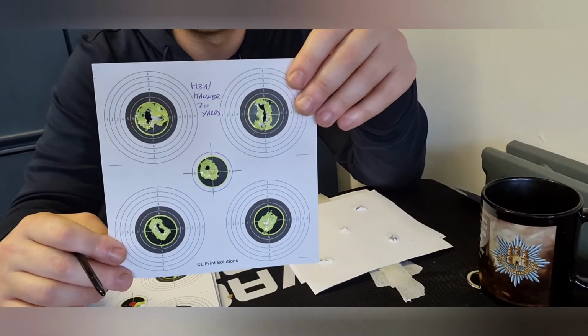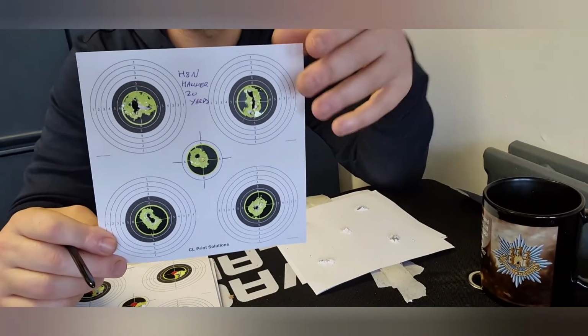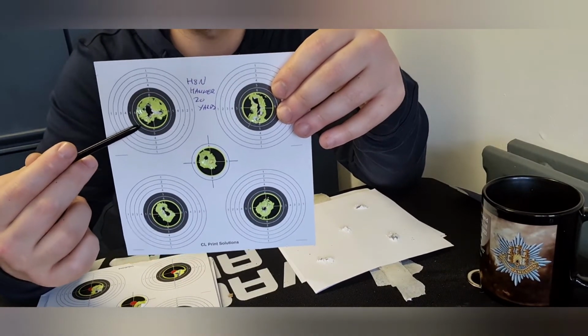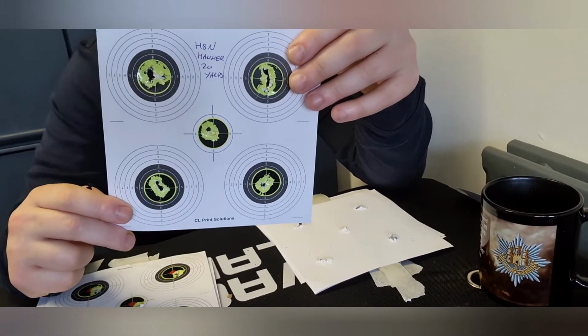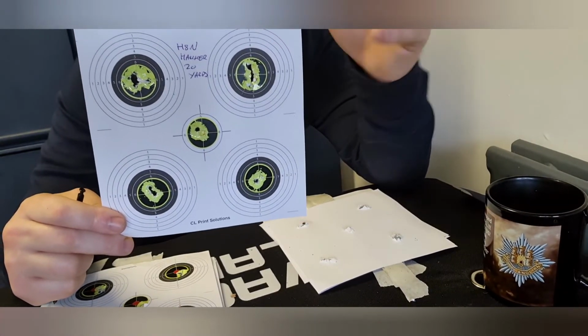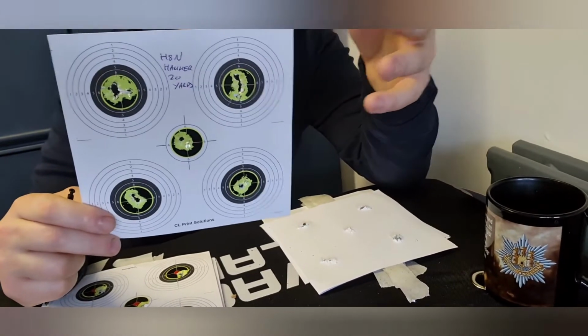H&N Hammer, another fairly medium budget pellet. I mean, these ain't too bad for the price. They're about £5 for 250. They're a nice pellet. These are probably going to be my standard plinker pellet that I'm going to use in the back garden and stuff like that. Okay,